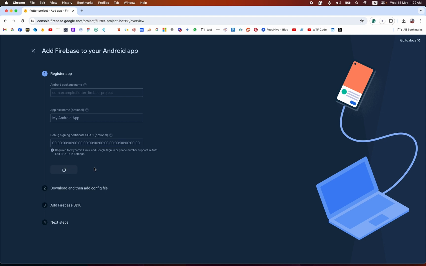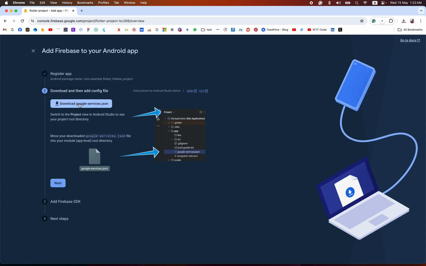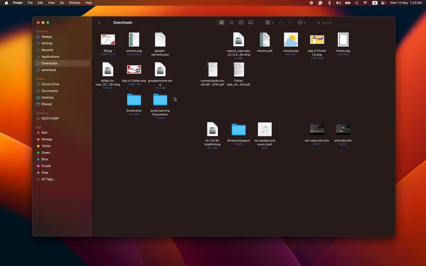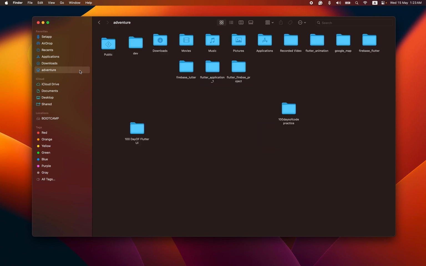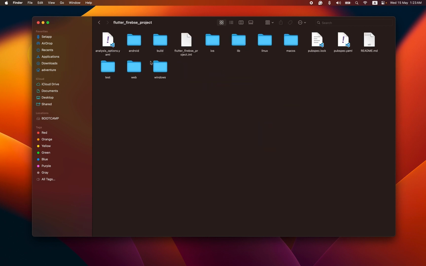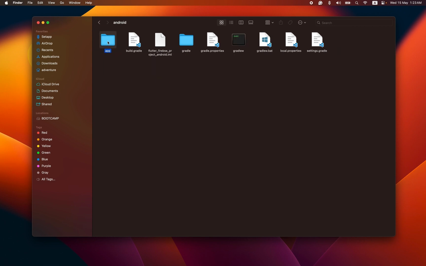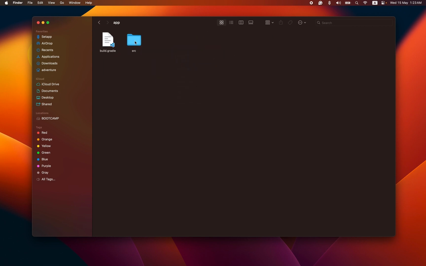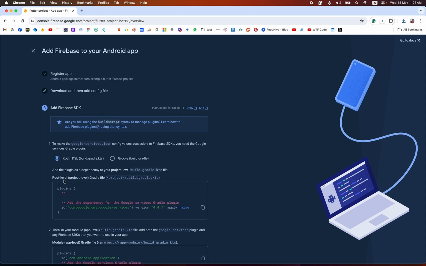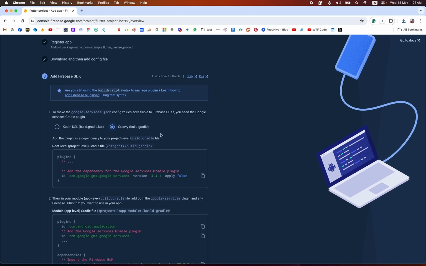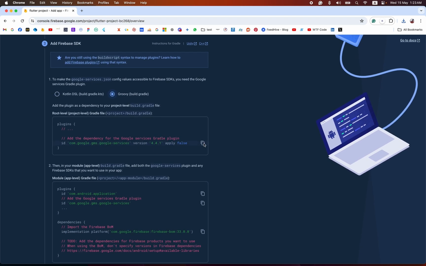You have registered the app. Now download the google-services.json and place it in our Android app. We copy it, go to our Flutter Firebase project inside the Android app, and paste it here. Now we check it. You can see that google-services.json, and we click next, and here we copy this